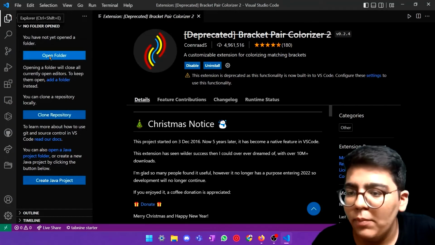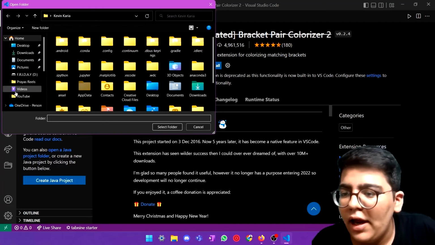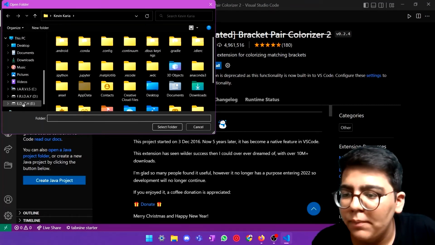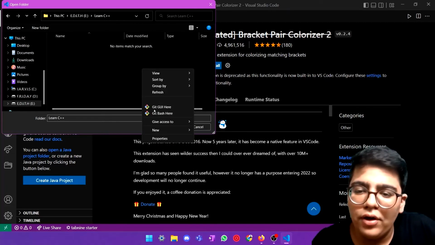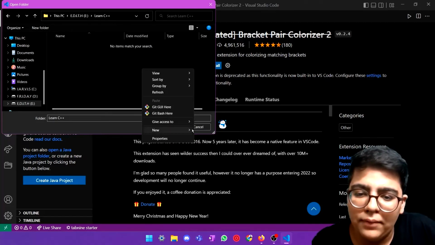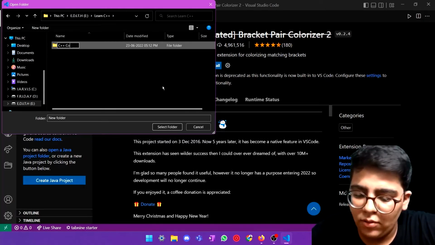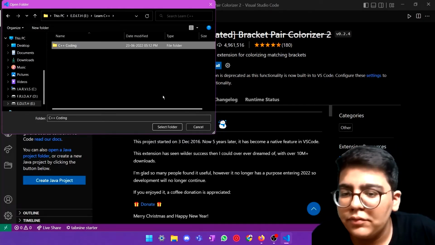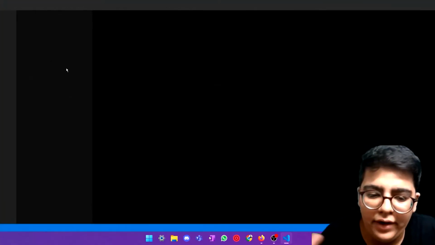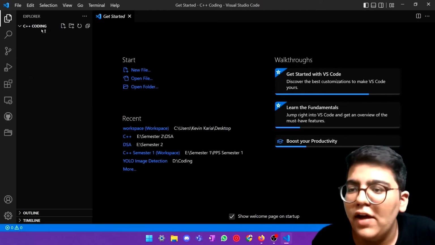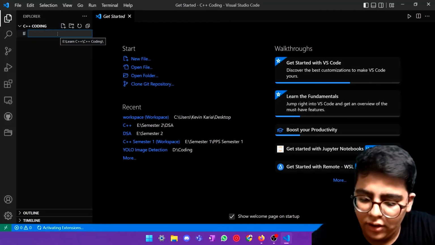So we just need to open a folder first. We'll hit on open folder, and we'll go to our E drive where we have the learn C++ folder, and here we'll make a folder called C++ coding. All right. Now we have this folder opened with us. Now over here, let's just create a new file and name it